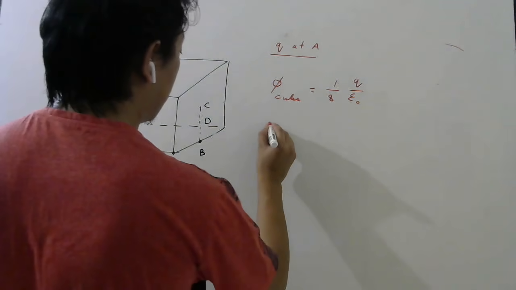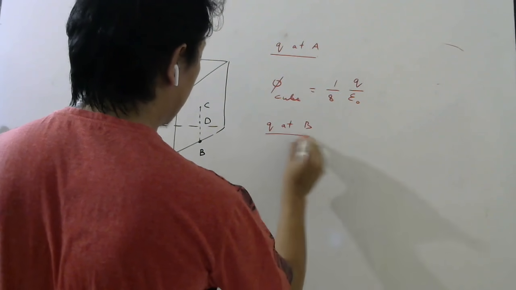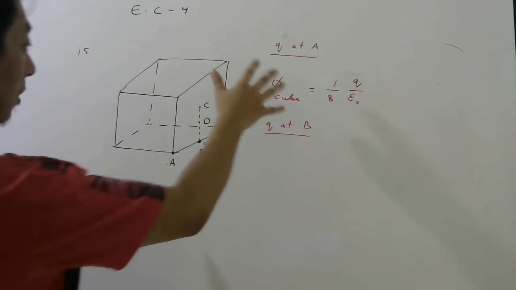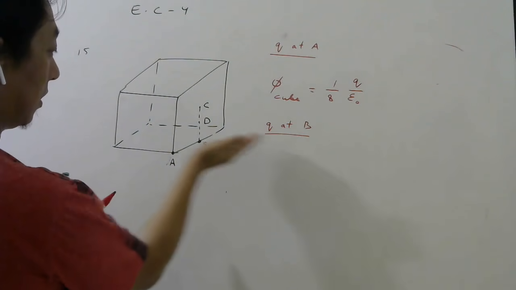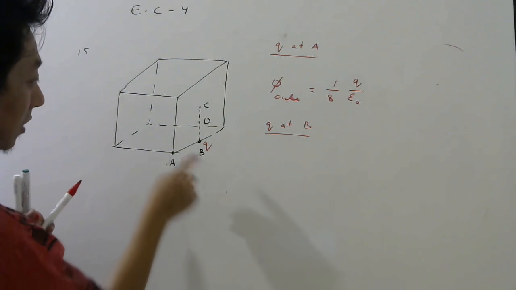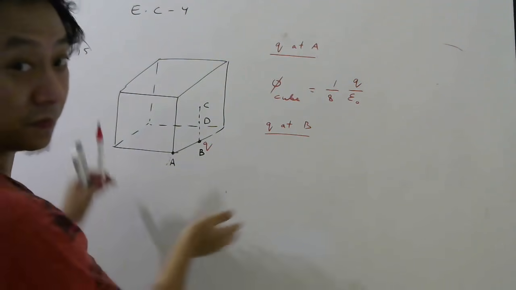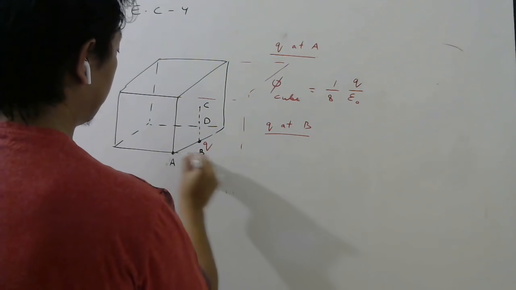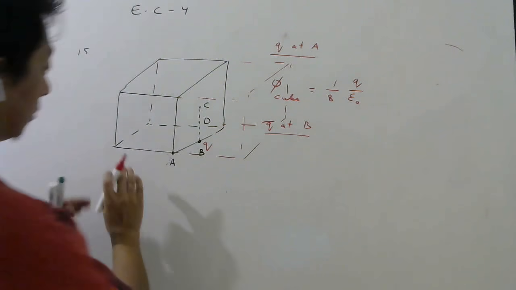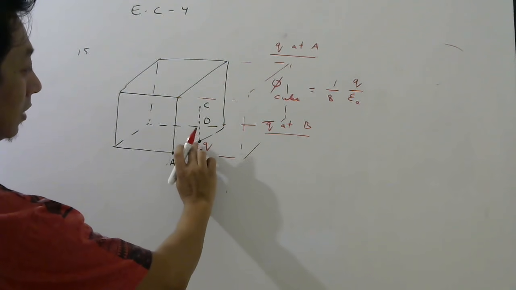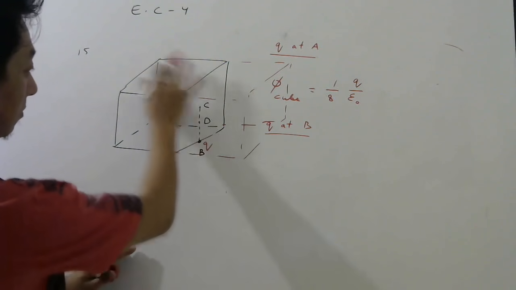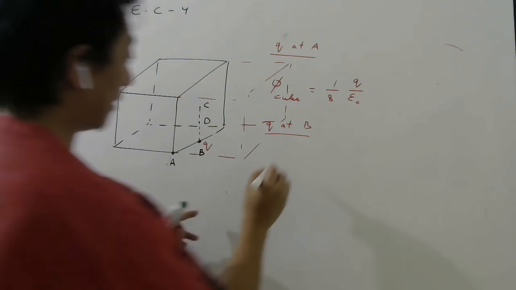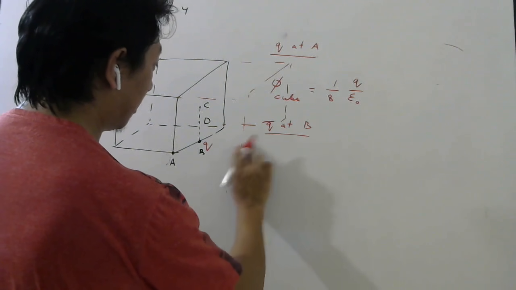Now second, if you keep Q at B, here if you keep here, then what you have to do? Put one cube here, one cube here. Then put below 2 more cubes. Then you can see this will be at the center of this big cube, right? So put one cube here like this, like this, like this. Then put another cube here, another cube here. Then the distance of this charge from this cube or this cube or this cube or this cube will be equal. So then I can say when you keep this charge at point B,